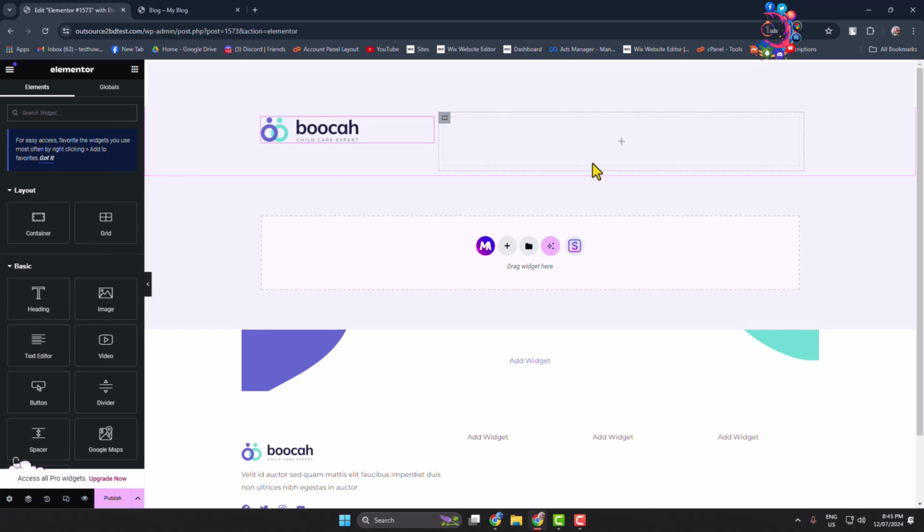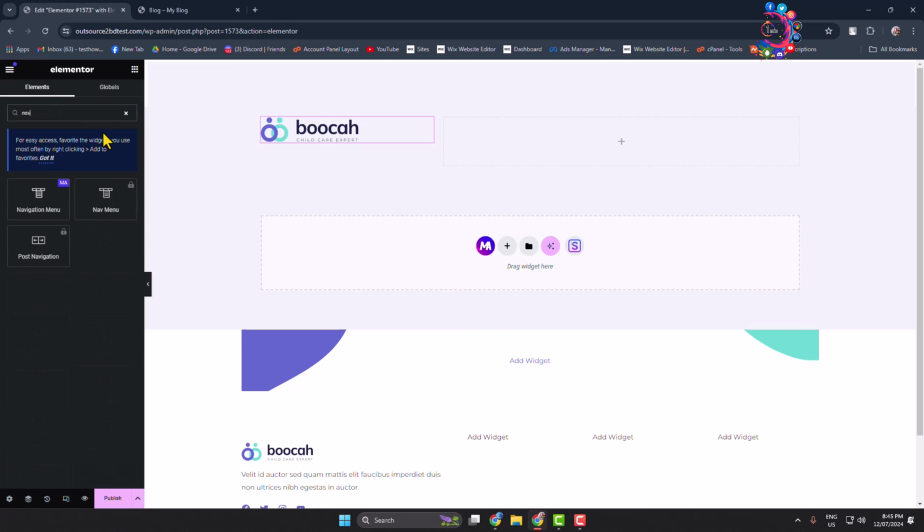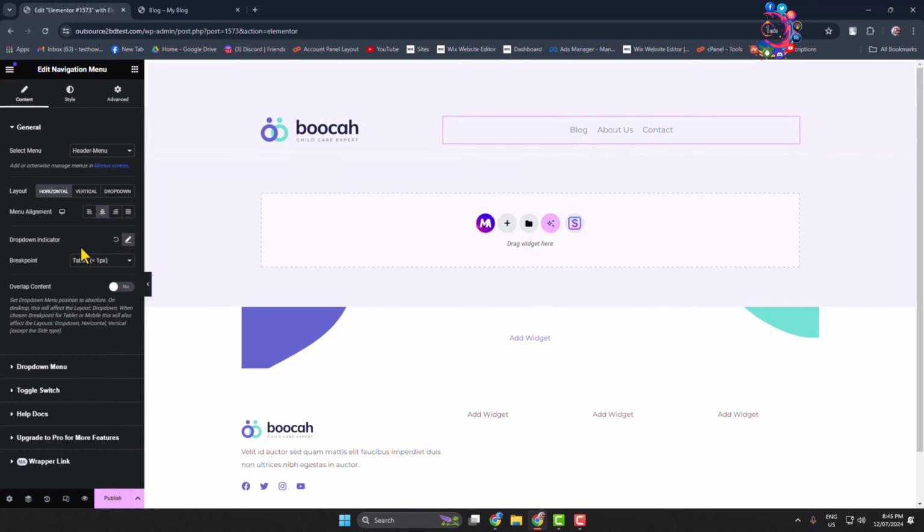we will add our menu items, right? So in this search widget box you have to type here nav and through the Master Addons plugin here you will get this navigation menu. Just add this here, and then as you can see my basic menu is created now,